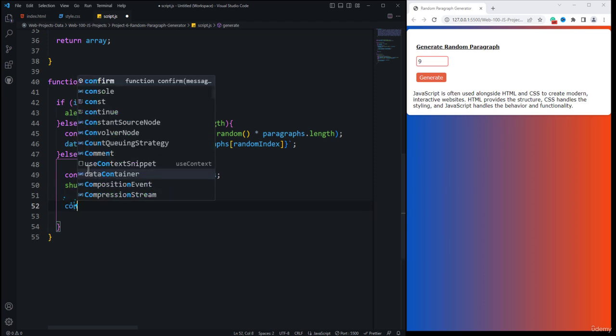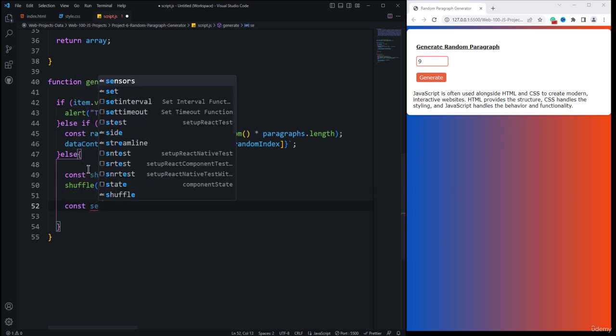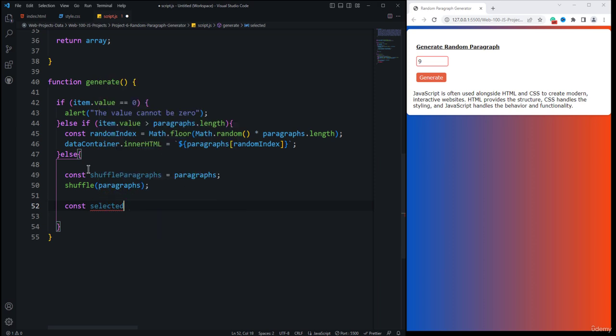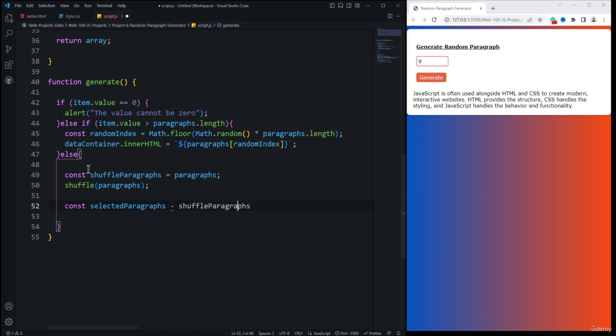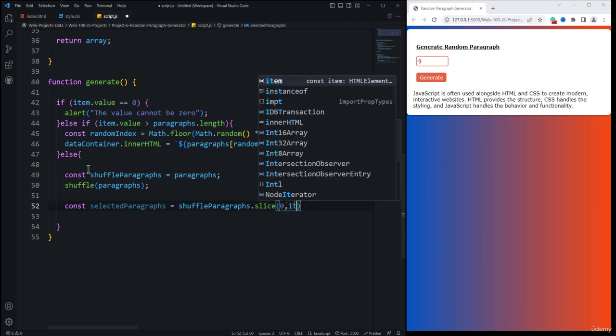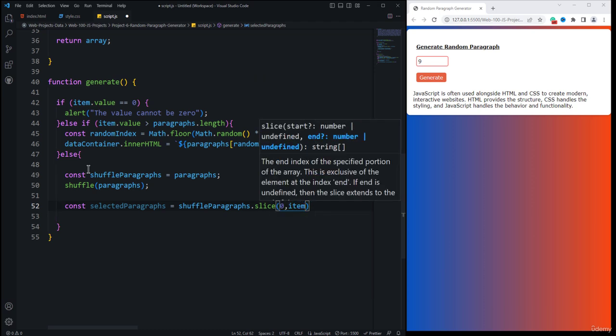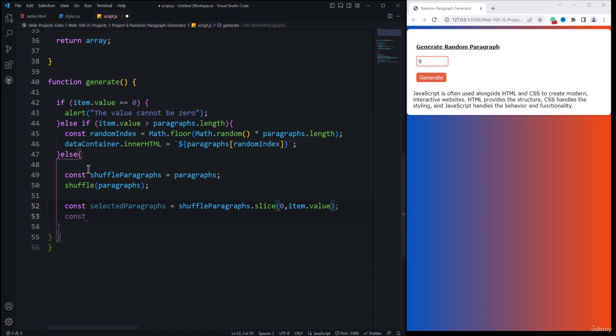Then we need to use the const variable for the selected paragraphs. Selected paragraphs is equal to the shuffled paragraphs, which is a variable created at the top. So here we use the equal symbol, shuffle paragraphs dot slice. So we are going to use slice. Here we want to slice it from 0 to item dot value, and then we need to add